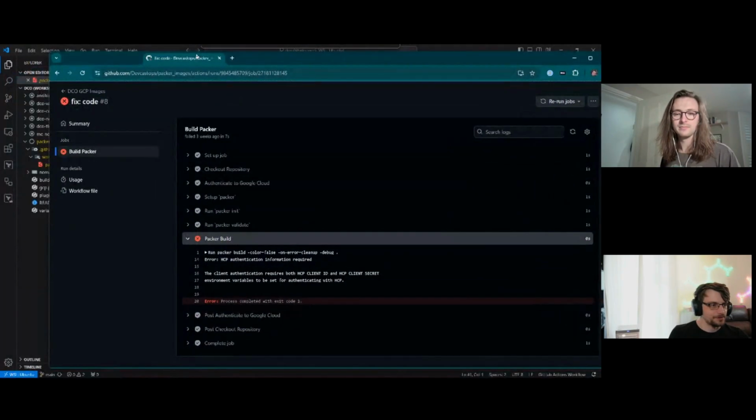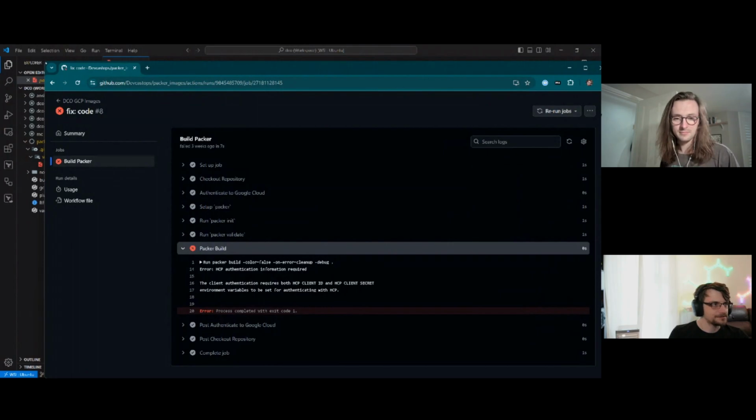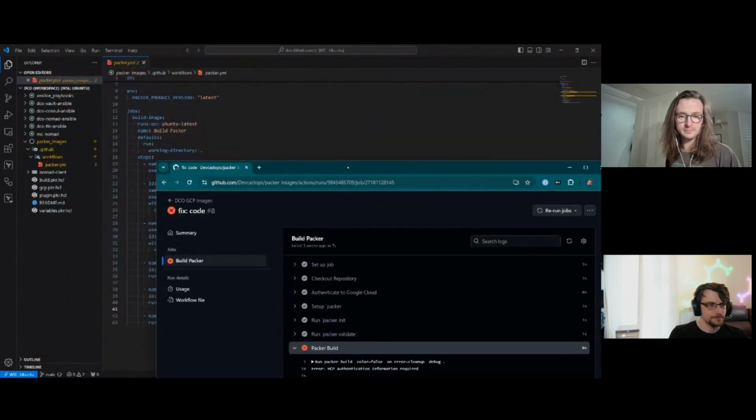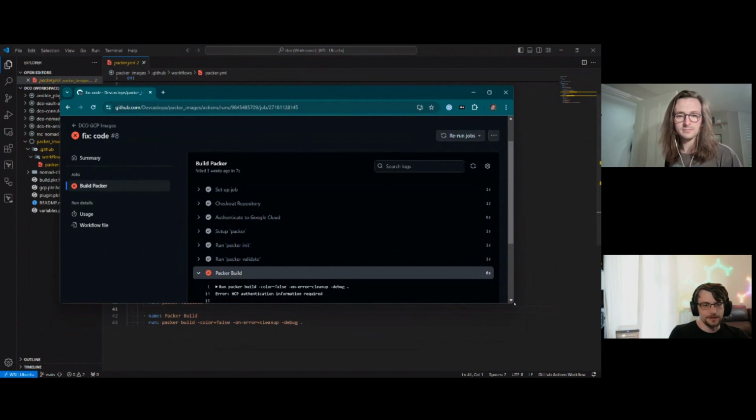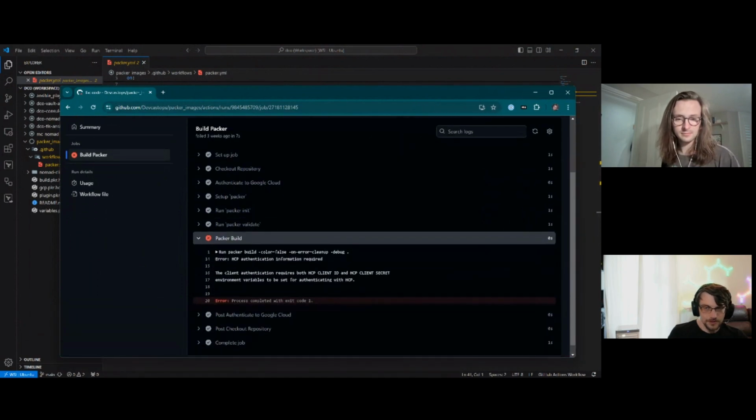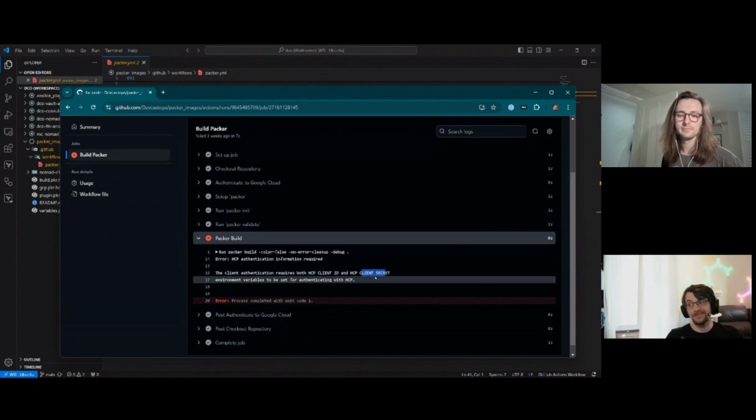So, if you share my screen, sending you live. So this is our last pipeline run, because we started off trying to get it to work just with GitHub Actions, got fed up with GitHub Actions, and then just did it locally. So this is the error we need to deal with: Authentication requires both client ID and client secret. Having a look into it,